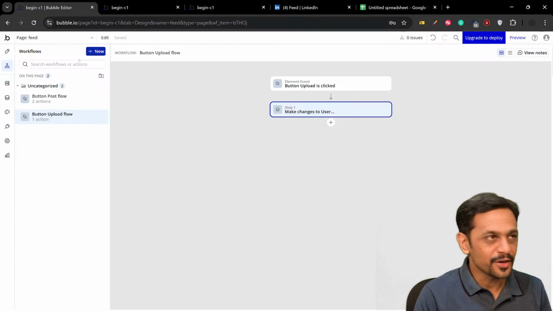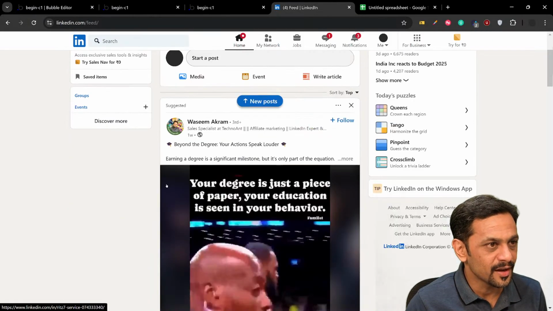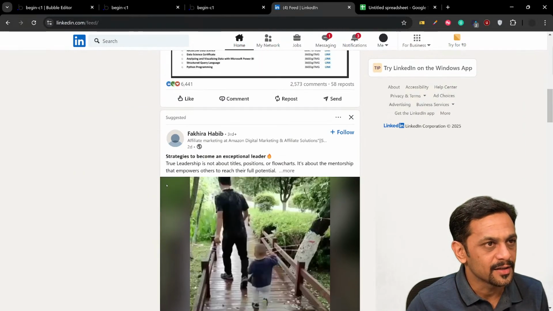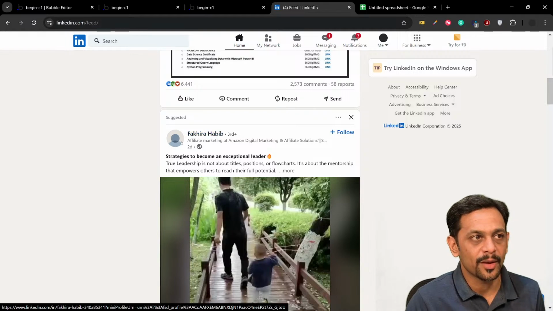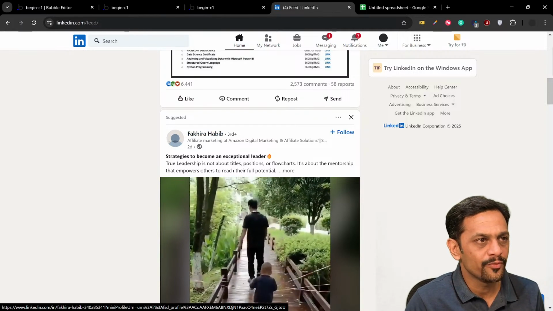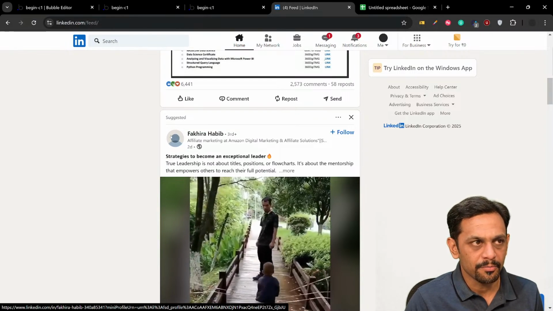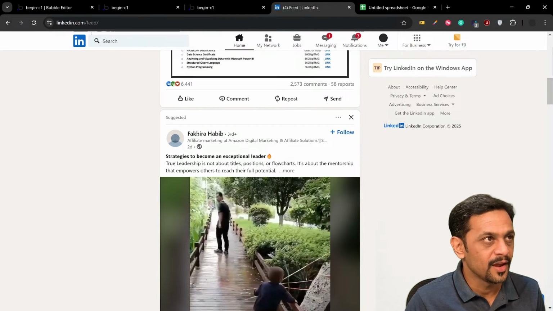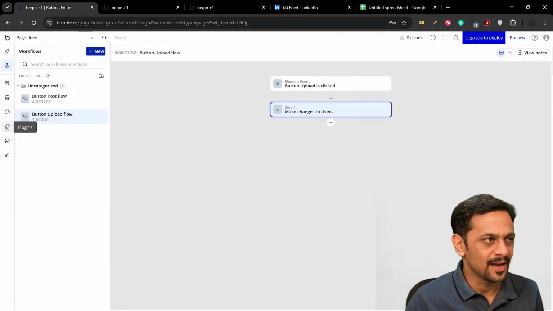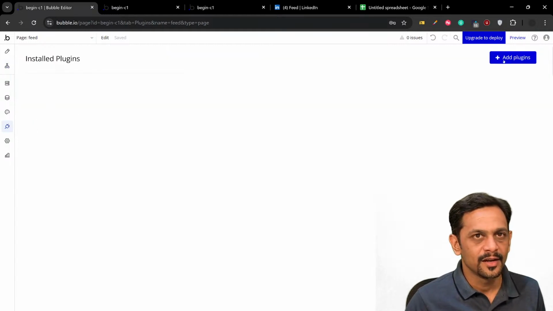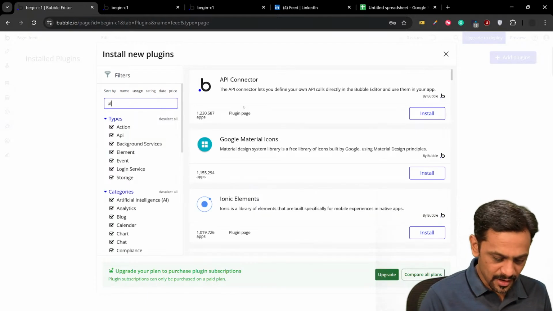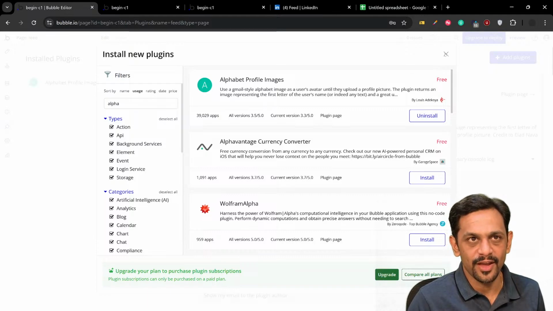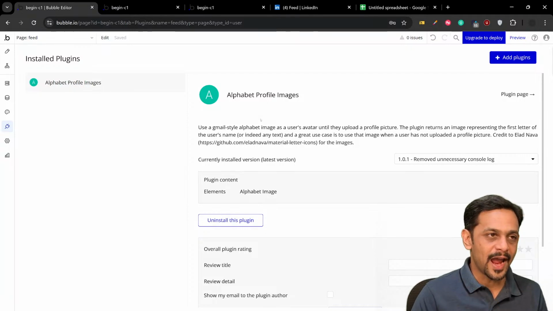And for those of you who are not doing it, let's see what happened here. For example, if you see here, this person has not uploaded the image, and LinkedIn has its own way of showing an icon wherever an image is not uploaded. What we will do for that is go to plugins and add a plugin, which is Alphabet Profile Images. This is Google's way of displaying profile images